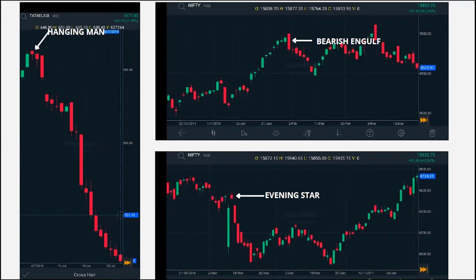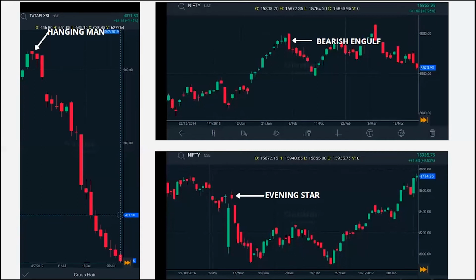On top right hand side is the bearish engulf, which is self-explanatory. The red candle completely engulfed the green one on the left and was followed by bearish candles for the next 6 sessions. On the 7th session, a green candle is being formed and you have to close the trade at that point of time. Below the bearish engulf, you can see the evening star, after which about 5 to 6 clear sessions have produced bearish candles. When the green candle is being formed towards the end of the session, you can close the trade.